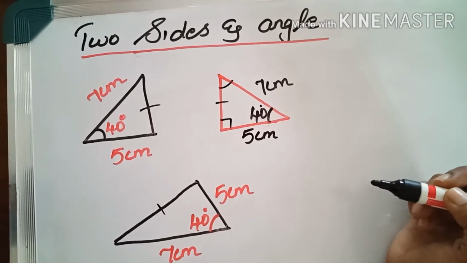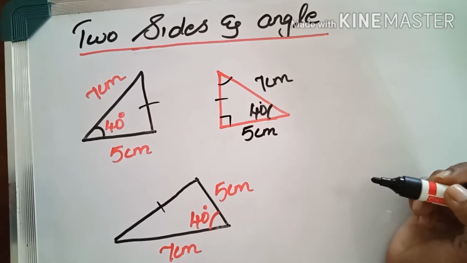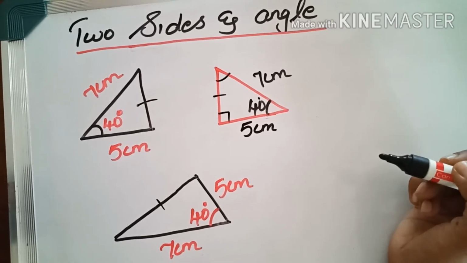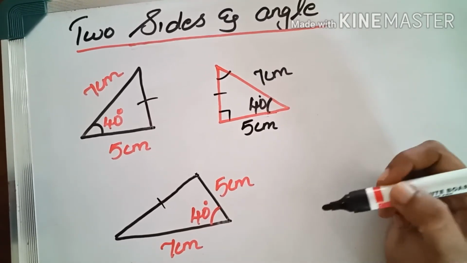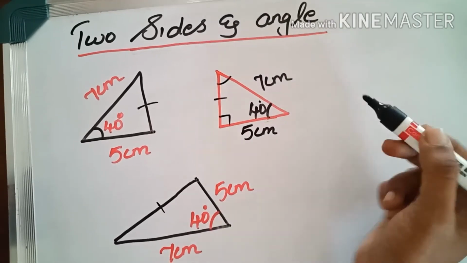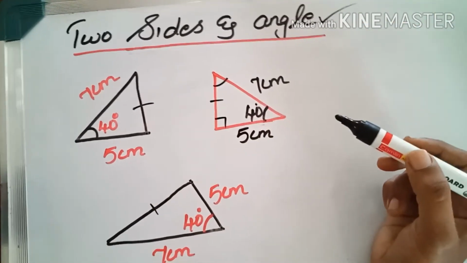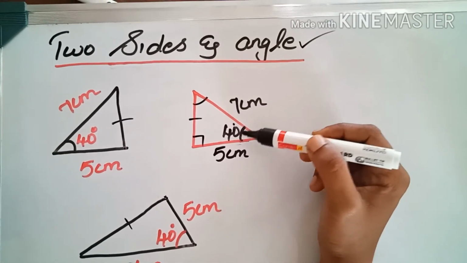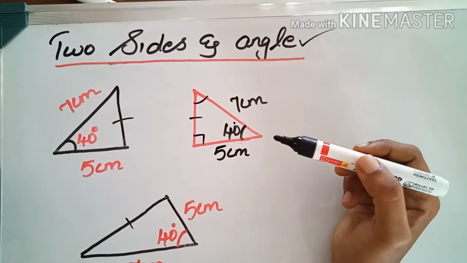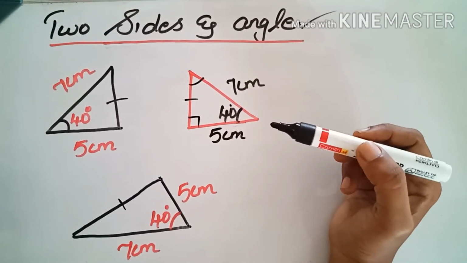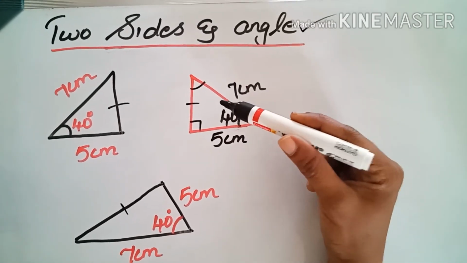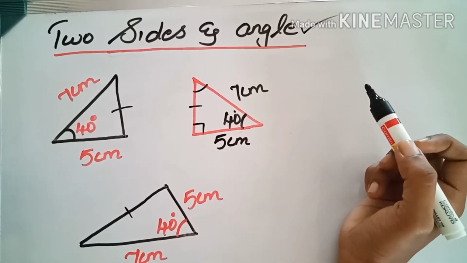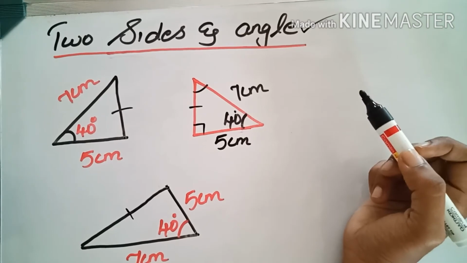Okay, this is the second concept that you have to learn by heart. First one is three sides equal to three sides of the next triangle, then they are equal triangles, and the angles opposite to them will also be equal. Now the next condition is two sides and angle. That means if two sides and the angle between them are equal to another triangle's two sides and the angle between them, then they will also be equal triangles. The third side will also be equal and the remaining two angles will also be equal. Okay, learn properly. Now in the next video let's do the problems.